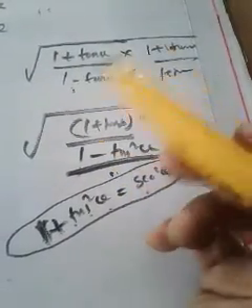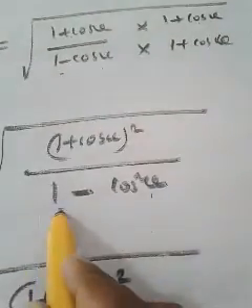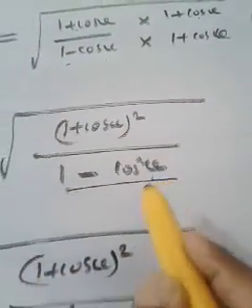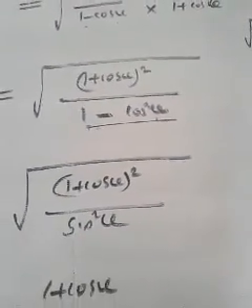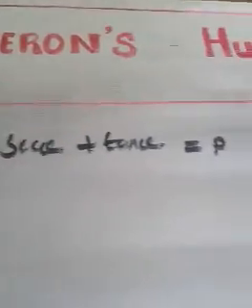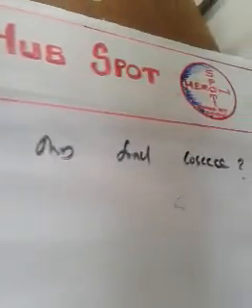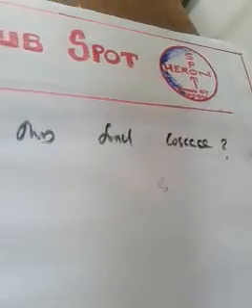Okay, for every question we will not multiply. For the questions like, see, when you get this advantage here, 1 - cos square θ, we know that is sin square θ. That's why I used to multiply with the conjugate. Okay, so this is an important question. If sec θ plus tan θ is equal to p, then find cosec theta.